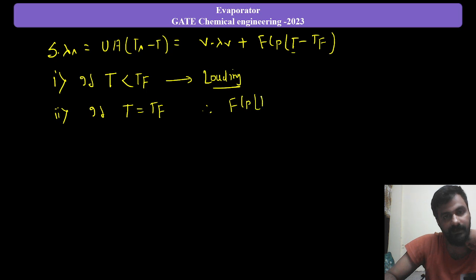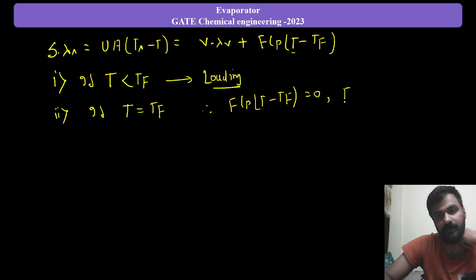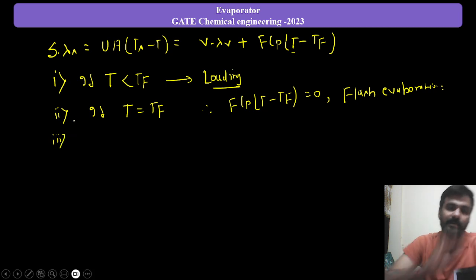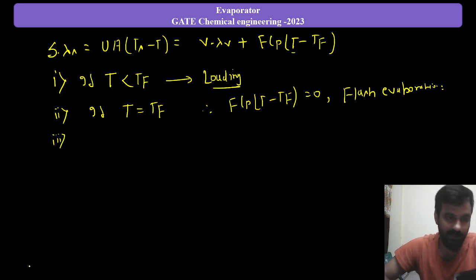F Cp (T minus Tf) will be equal to 0. So here it will be flash evaporation, that you have to keep in mind. As soon as you put feed into the evaporator, it will get evaporated soon, right? And if T is greater than Tf,